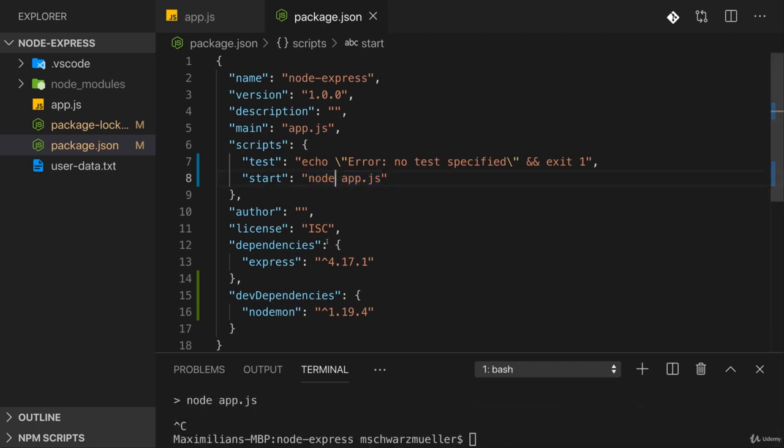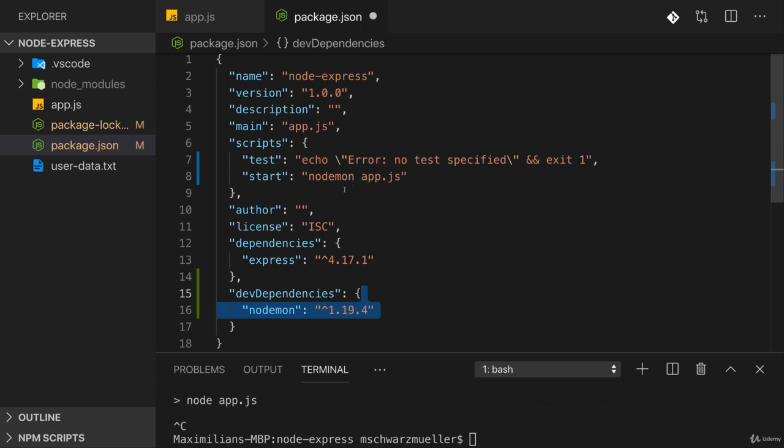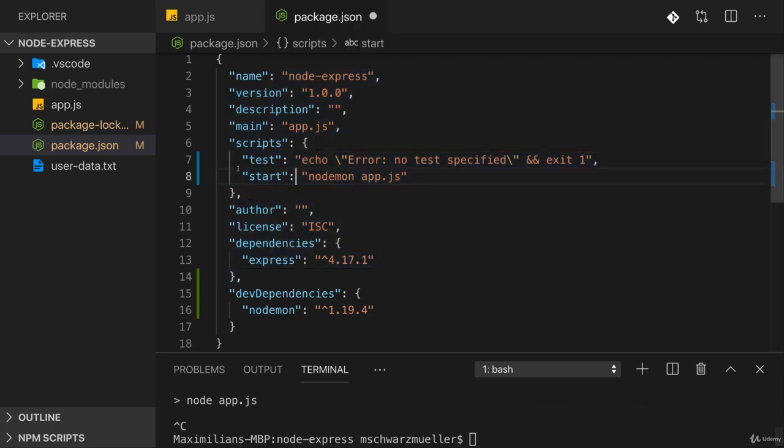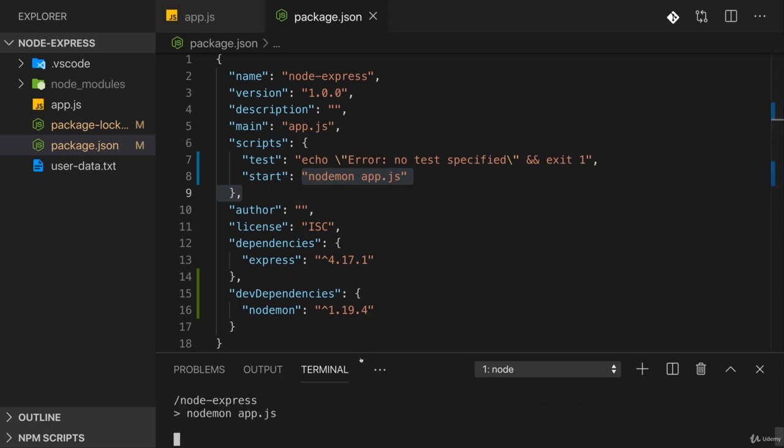Instead here, let's quit that server and use Nodemon. Nodemon is this package we just installed, and this is available as an executable inside of this project. It's not available globally on your machine. Executing Nodemon there most likely will fail unless you installed it globally before. But inside of these scripts, any dependency here, which is an executable script or executable tool, will be available. So now if we save this package.json file with that change made, if we execute npm start again, this will